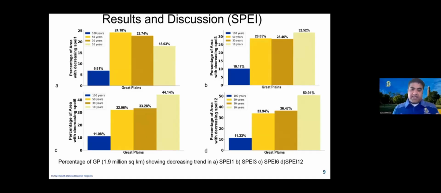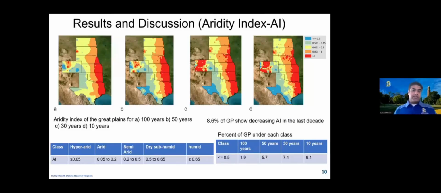There are concerns because of this on the water availability, agriculture, and ecosystem health in the Great Plains. The second climate index I wanted to talk about is the aridity index for the Great Plains. For the different time periods, the figure on the extreme left is for 100 years, 50 years, 30 years, and